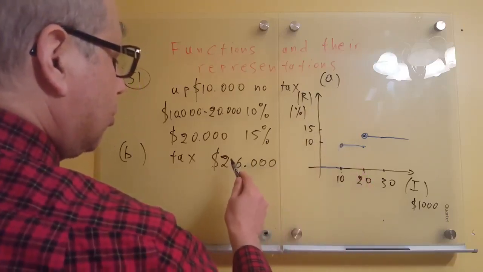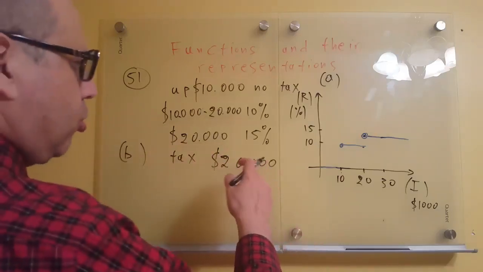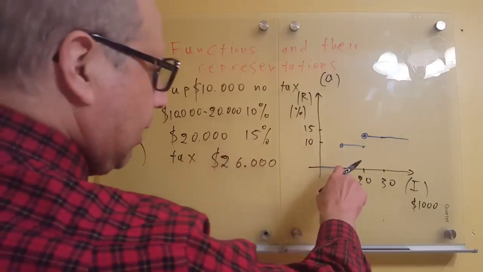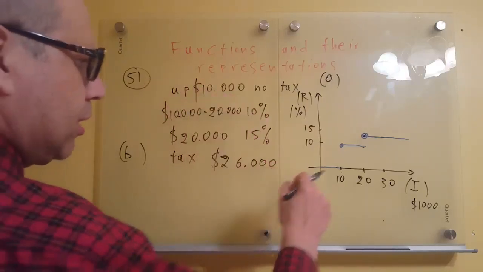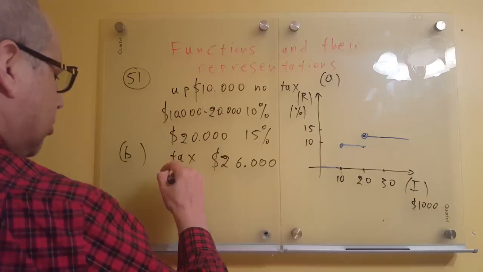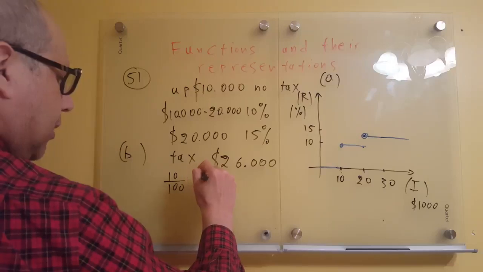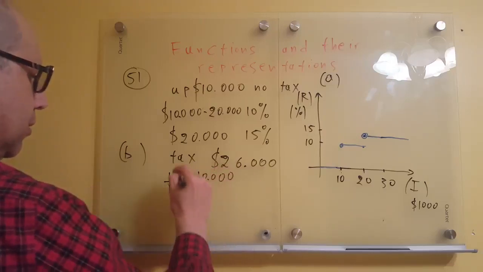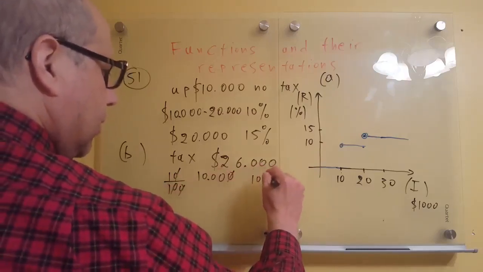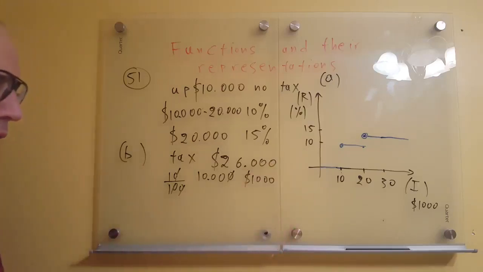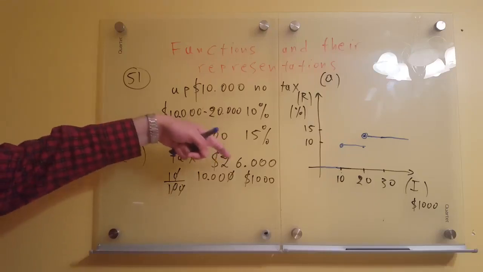Now from 10 to 20, you subtract 10 from 26, so you are left with 16, and in the 10 to 20,000 bracket you pay 10%. So that's 10% of the 10,000, which is $1,000 for the first 20,000. Then you subtract 20,000 from the 26 and have